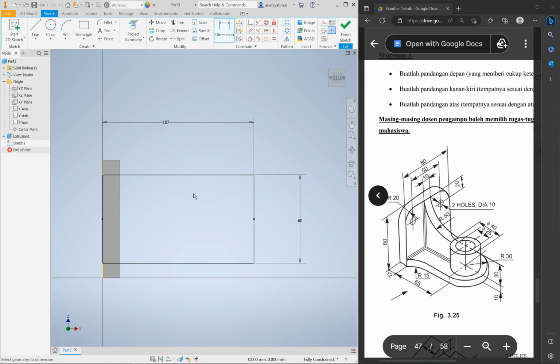And we're going to start with the, I guess it's not fillet. We can make our circle here with a diameter of 60. Okay, and then we are going to